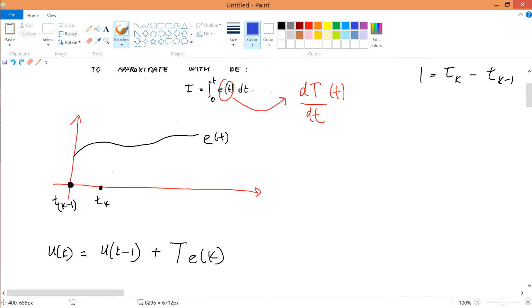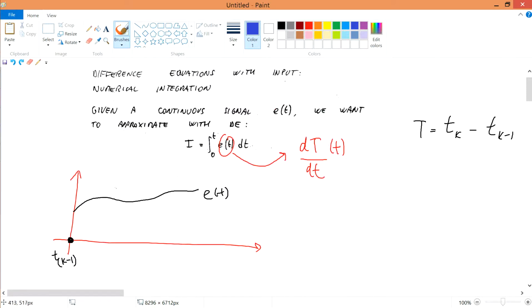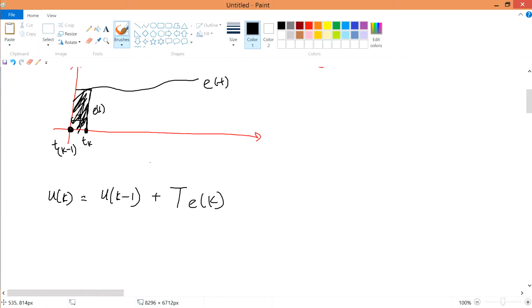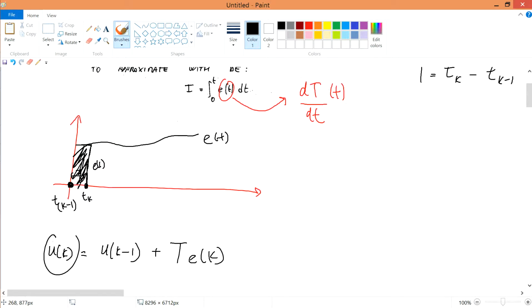I want to actually shorten this, because I have no space. So my uk, this thing over here is still your t, this is your ek. And this whole signal over here is your uk. So this uk,